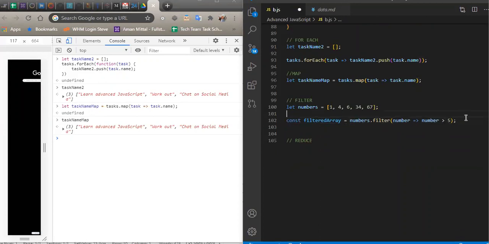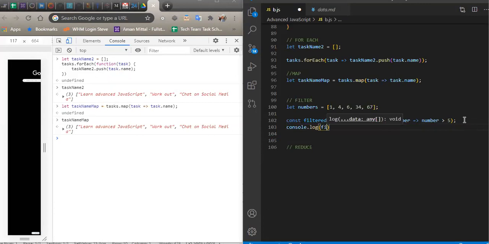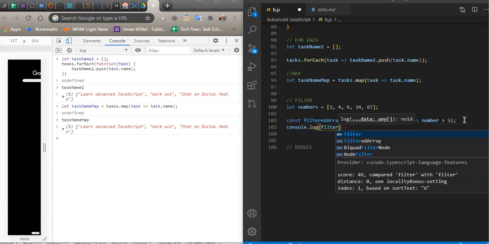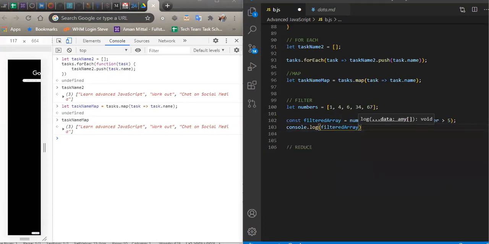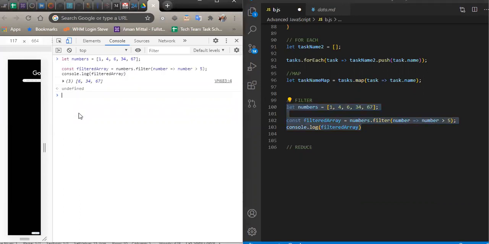So let's console.log filtered array. Let's see what we have. I'm going to clear this. Let's copy this into the console. If I copy this into the console, you see that I got 6, 34, 67 back, which means